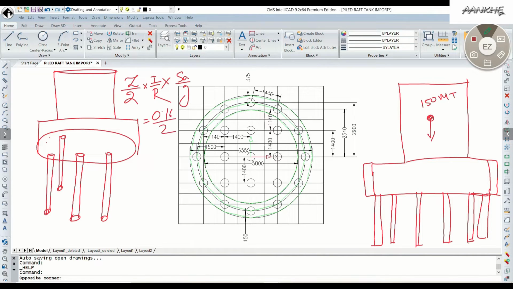Taking zone 3, Z by 2 into I 1.5 divided by 3 into 2.5 as Sa by g, we get 0.10, right? That means 10% of the mass. So the seismic force will be obviously acting at the CG as 0.10 times 150. This is 15 metric ton. That means here 150 kilonewton or 15